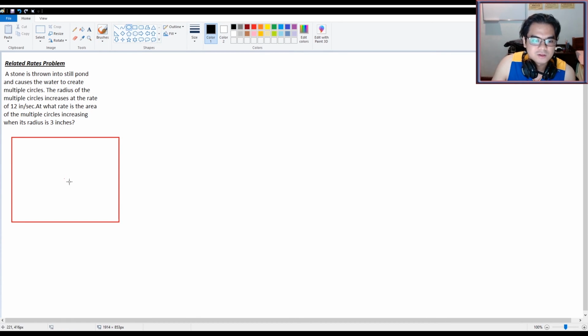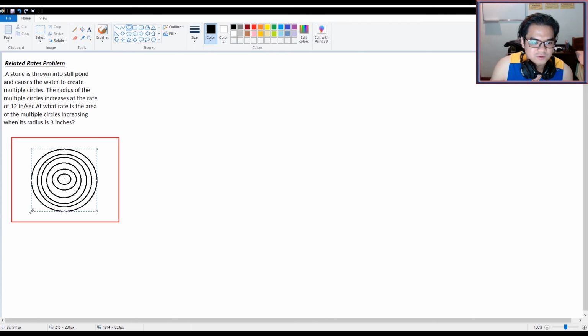So if a stone lands in the middle, it will create on the water surface multiple circles, or water ripples, whatever you call it. It will go farther away from the center, where you threw the stone. So you will have a circle here, there. Somehow it looks something like that. As you can see, the circle gets bigger and bigger,